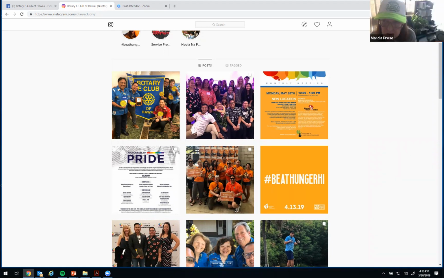So it does everything, or do you have to do that each time, Ellen? There's an option to do it automatically. Our club specifically took that option off because we wanted to be more cognizant of what goes to Instagram and Facebook. But for the most part, we flow everything over just so that there's consistency and greater visibility.